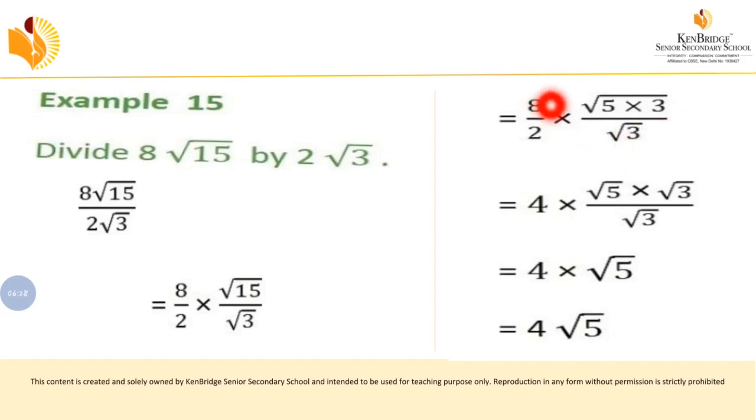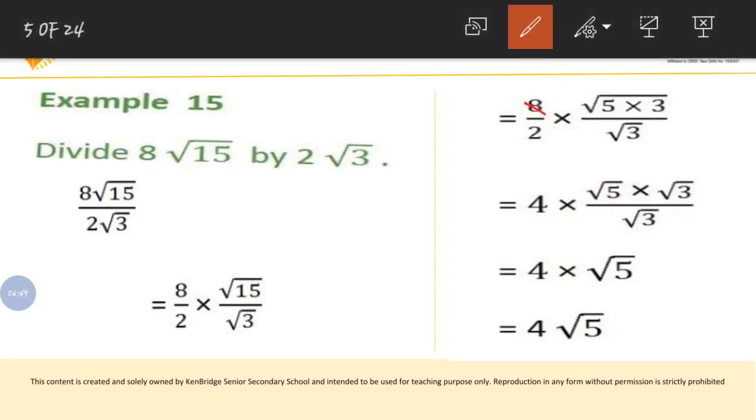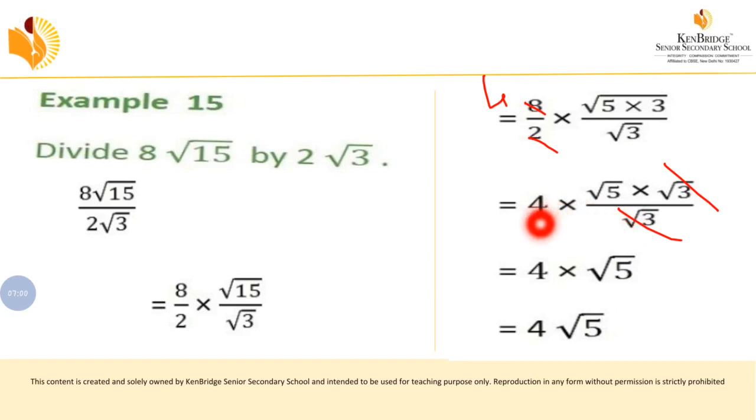Now what we are going to do, we are going to cancel this. So 8 by 2 it will become 4, and then this root of 5 into 3 can be written as root 5 into root 3. Both are same. So we have written like this, root 5 into root 3. Now this root 3 and this root 3 will be cancelled, okay. So I'll show you now. So this and this has cancelled and it will become 4. So what is remaining now? Only here 4 is remaining and here only root 5 is there, because this 2 already cancelled. So the answer will be 4 root 5. Can you understand? So let's move on to the next one.